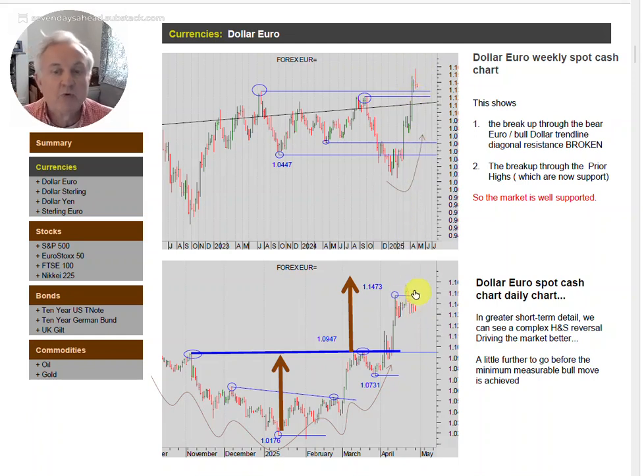In the short term, it's been much more complex. Having had this completion of a head and shoulders, incidentally, both a nested head and shoulders, you might say, shoulder, head, shoulder, all of which caused the market up and even a bit higher, that is to say a weakening dollar, but it's run into some sideways price action, which renders it rather unpredictable short term. So we're standing back short term, even though we very much like the medium term prospects for a weaker dollar, and note the long term breakdown of the bull dollar scenario.